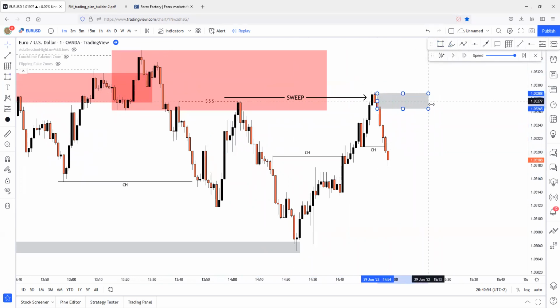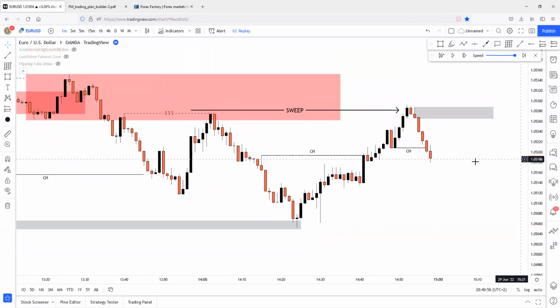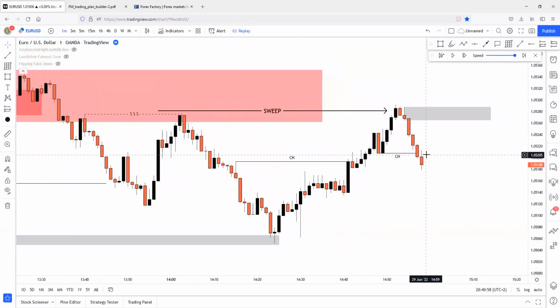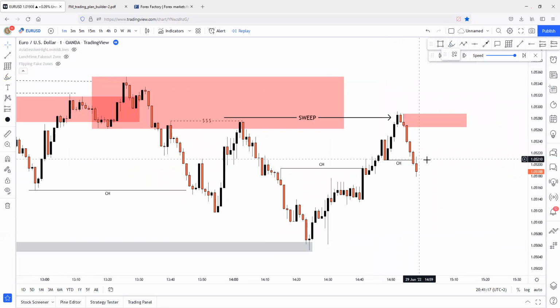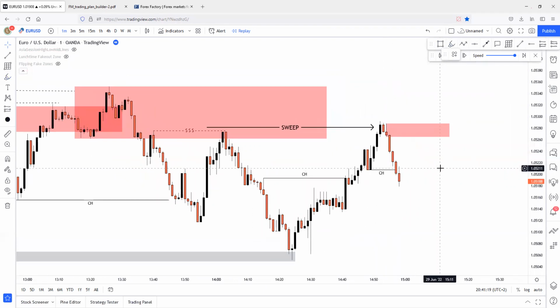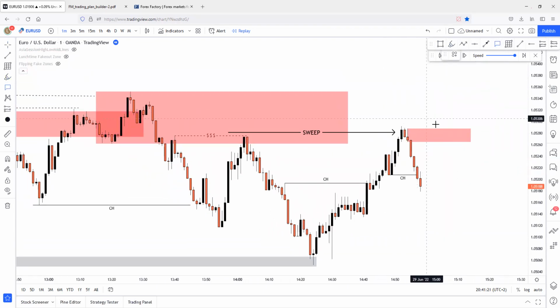This zone has started the inefficiency perfectly. Or we could say that this zone started the inefficiency. I will just stick with this zone because it started the whole character changing movement and these huge inefficient candles. Between this zone and this zone, only small inefficiency can be found. But this could be a good entry opportunity for us. This could be a really, really good entry opportunity for us because let me just track the criteria for this.